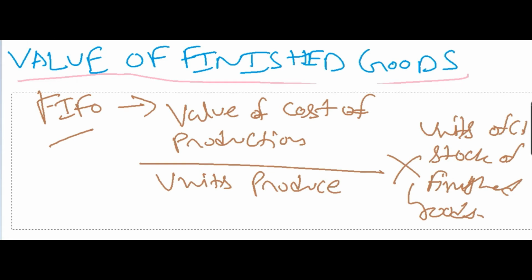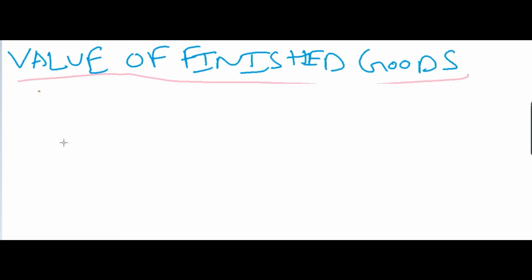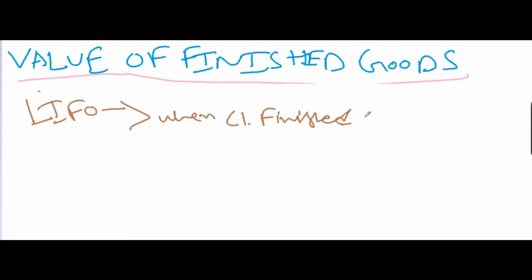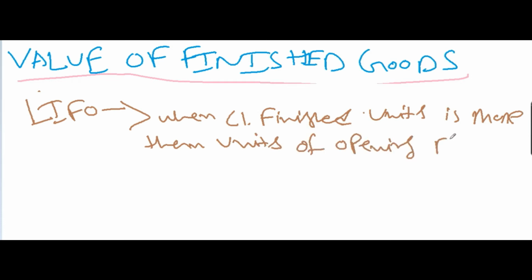Now we will see the LIFO method. In the LIFO method we have two formulas. The first one is when the closing finished goods units is more than the unit of opening finished goods units. Then the formula is